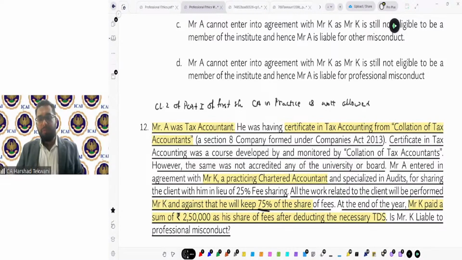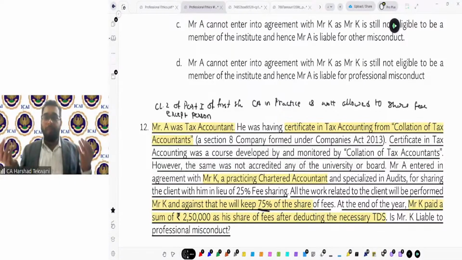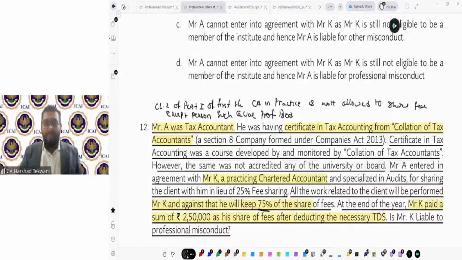not allowed to share fees except with a person having such qualification or persons who are members of such professional bodies. So that way I'll write the whole sentence, and then I'll specify that regulation